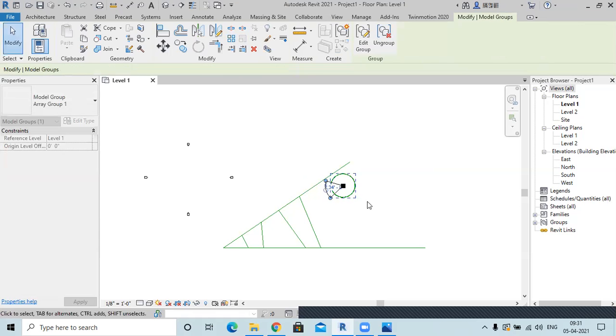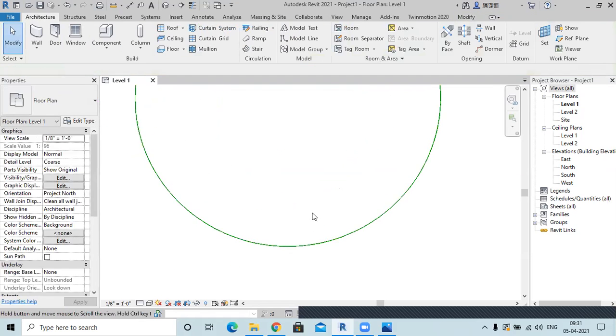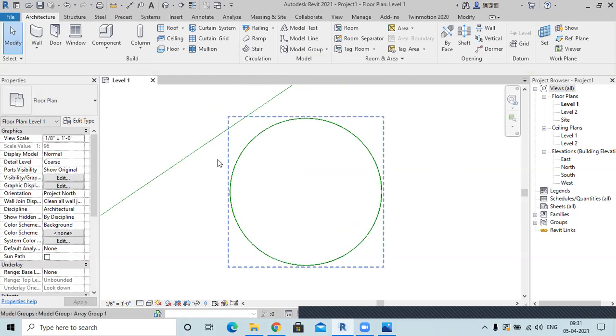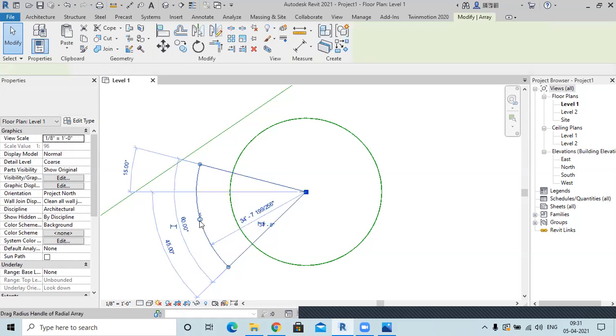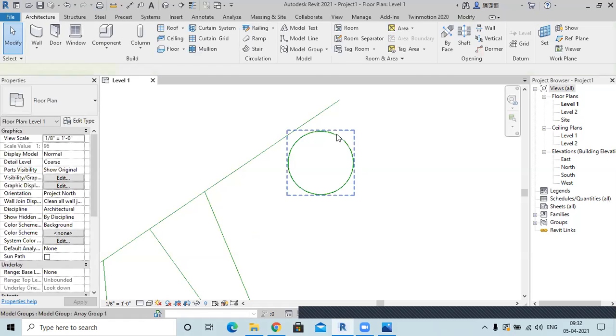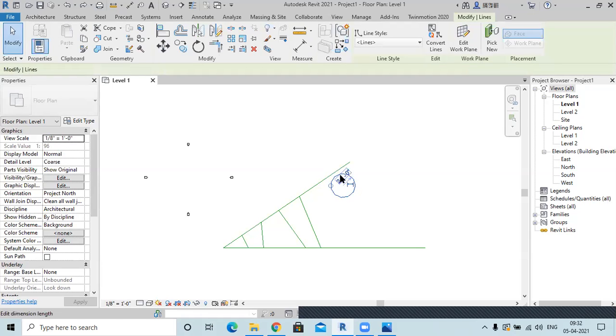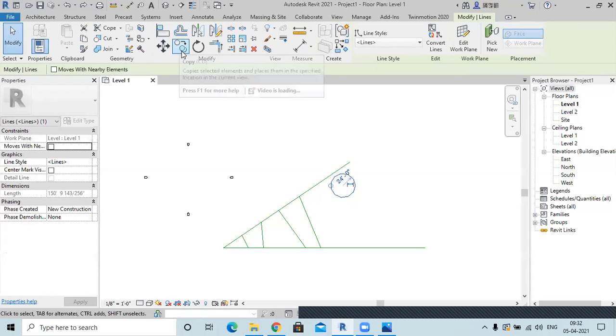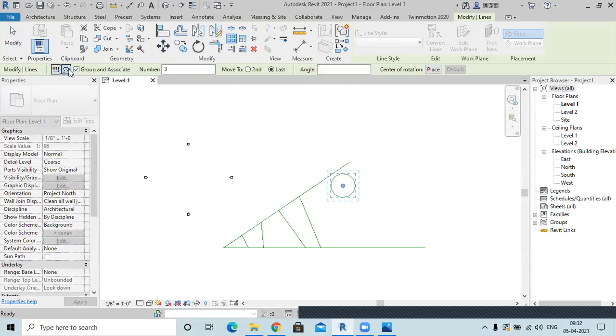Okay, so now since it's a circle, all the circles are coincident. Okay, so this is the angle at which it has created. But now since circle is a coincident, what I can do is, I'll just undo it. I'll show you how you can make different bow, because the center of the circle I have selected the same. Okay, so that's why coincident circles are created. Now I will select the array. Okay, go to the radial option, select it as a 5, and maybe this as my base point.